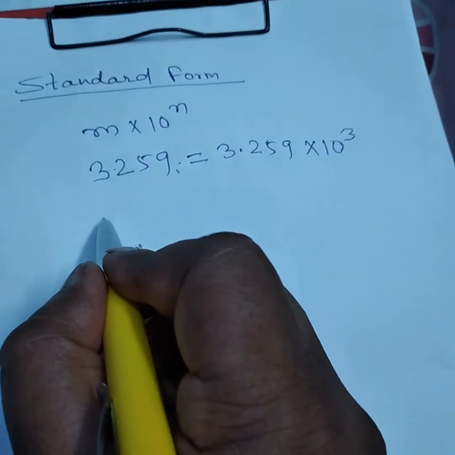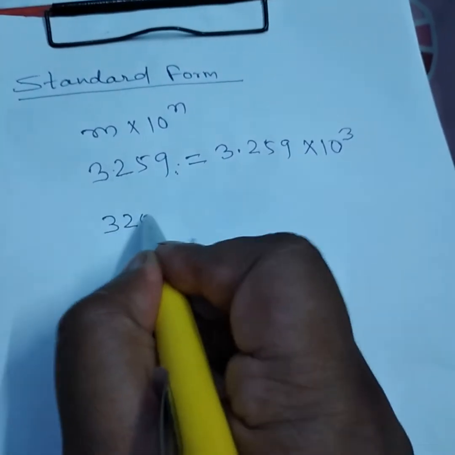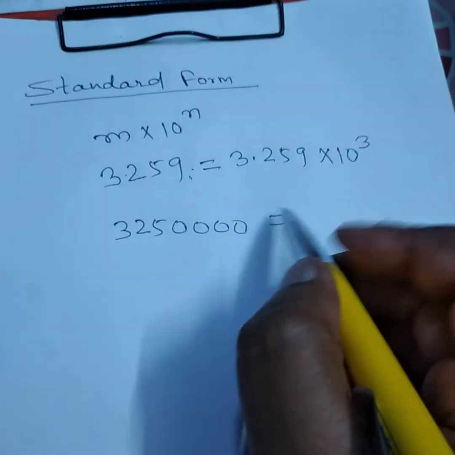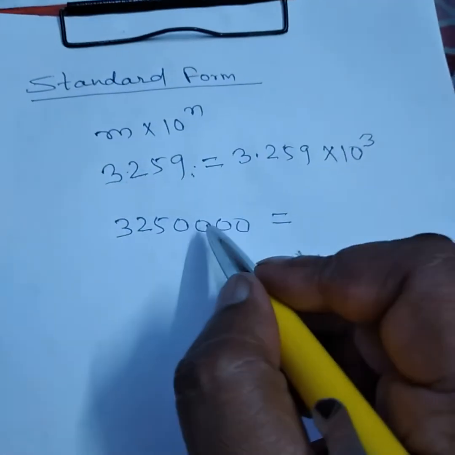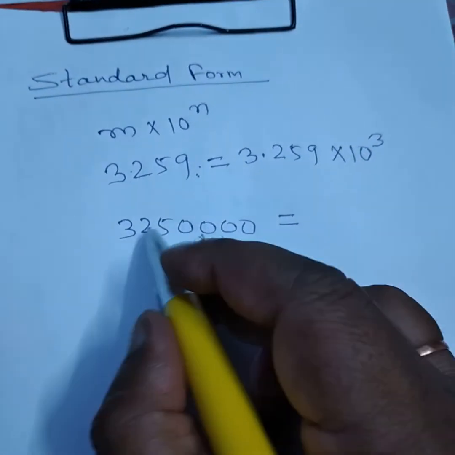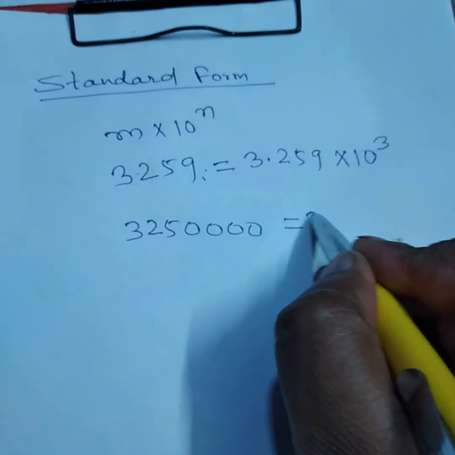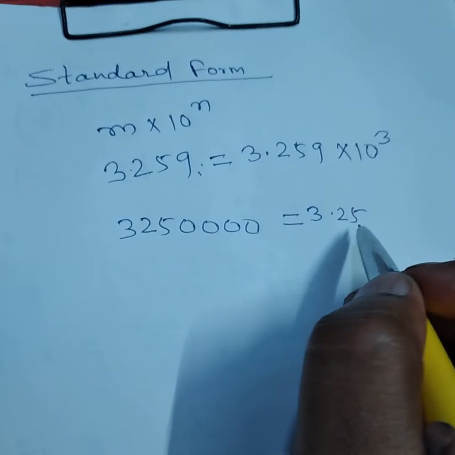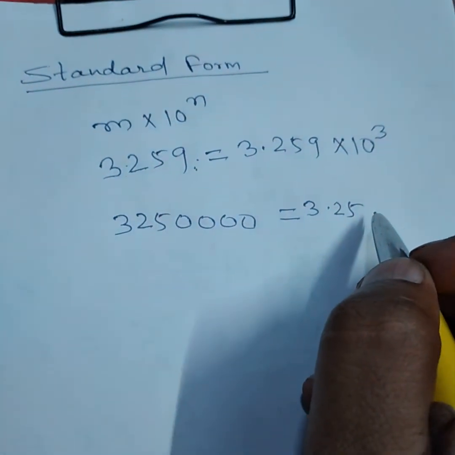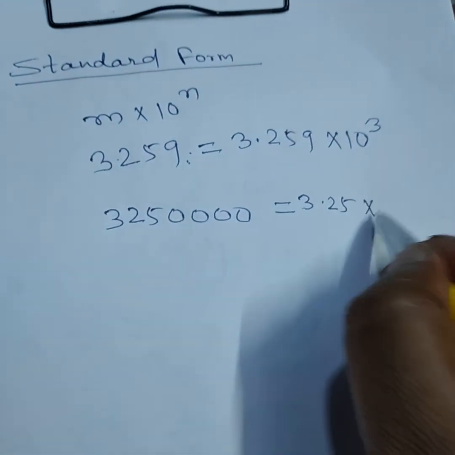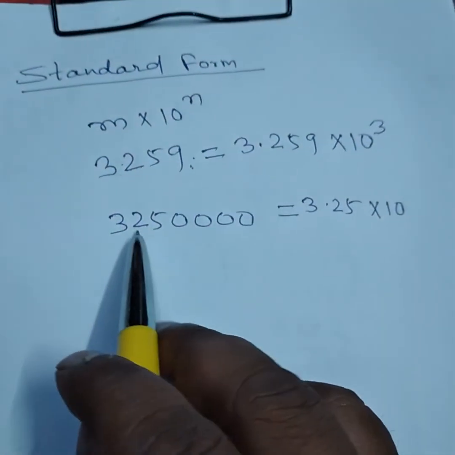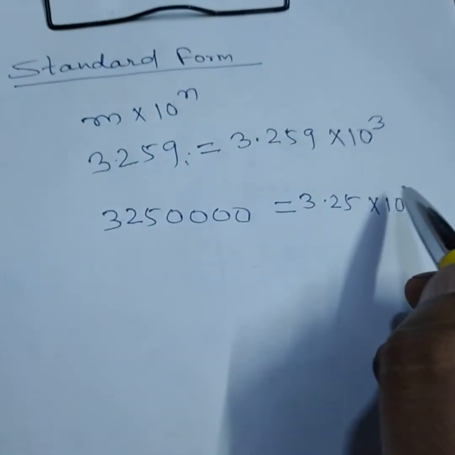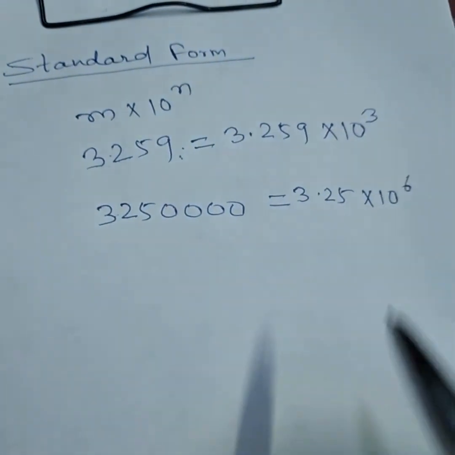One more example I am going to discuss. 3,251,234,40. Then how will we write it in standard form? In the previous question also I told the method: only one digit we will keep in the whole, means 3.25. We can write 0, but there is no need to write 0 in this. After the decimal the value of 0 is nothing. So 3.25 into 10's power. What is the power? Our decimal is here, so we will count 1, 2, 3, 4, 5, 6. So here the 10's power is 6.